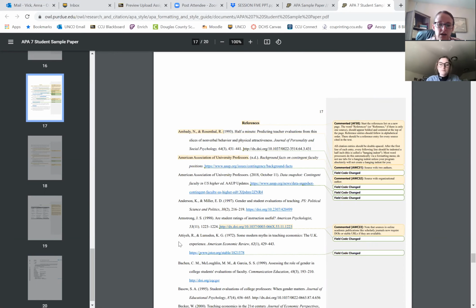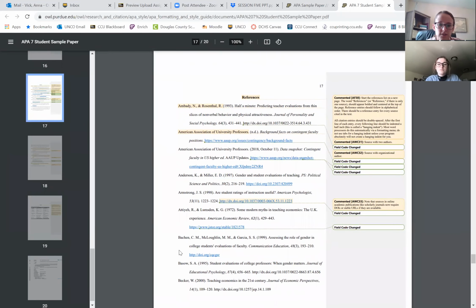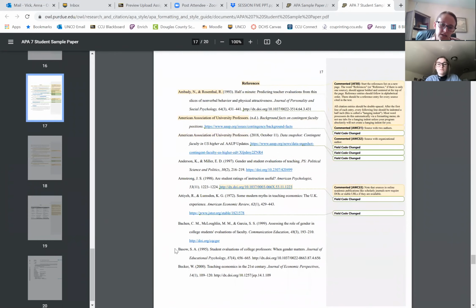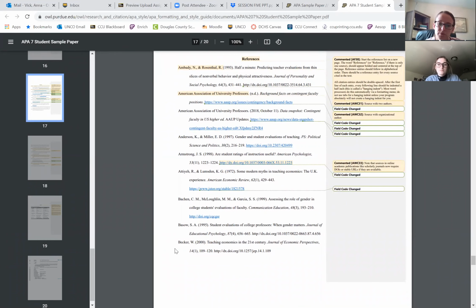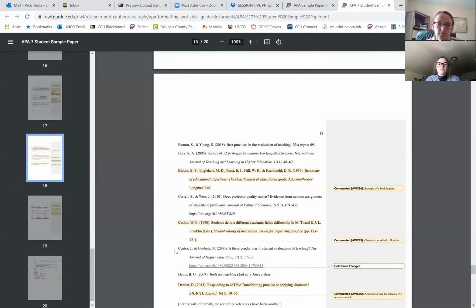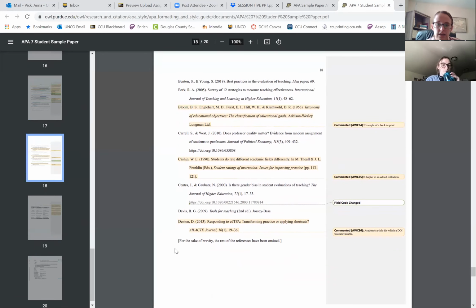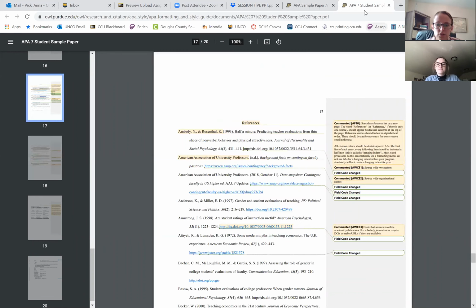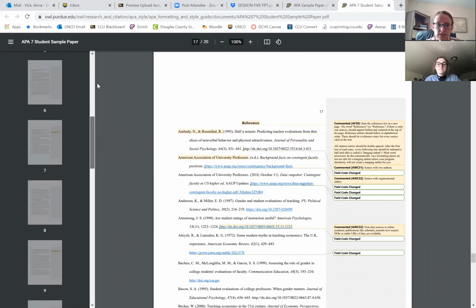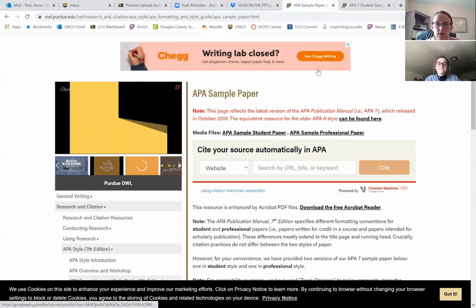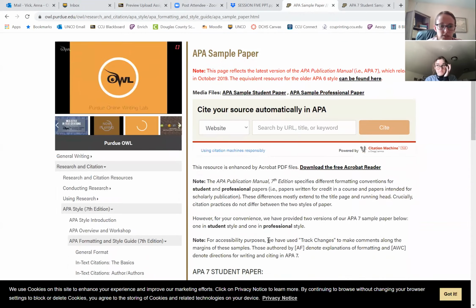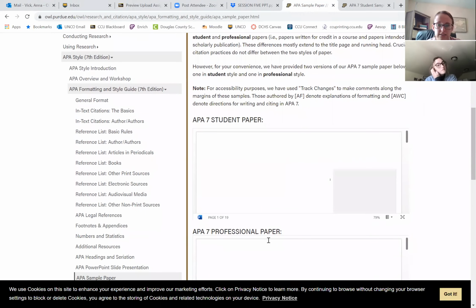And you'll notice they're also in alphabetical order based on the first word that comes here in the reference. Most of the time that will be the last name of the author. For instance, if you're doing an academic journal article. And on they go in alphabetical order. So we can kind of see the formatting there. So if you do end up unsure about something for APA format, I would really recommend the OWL at Purdue. And it's a really good resource for any of those questions for in-text citations.